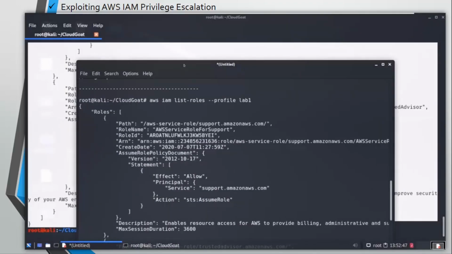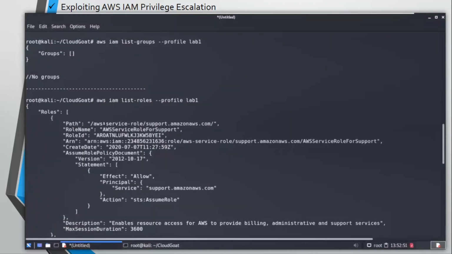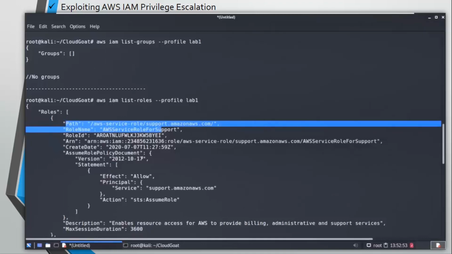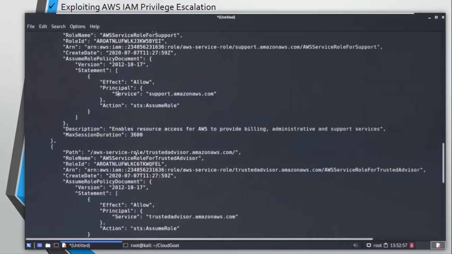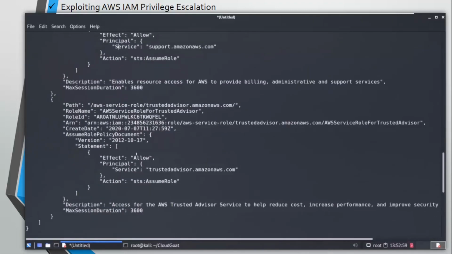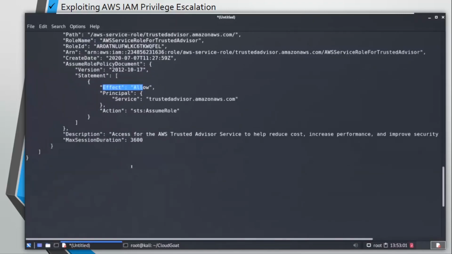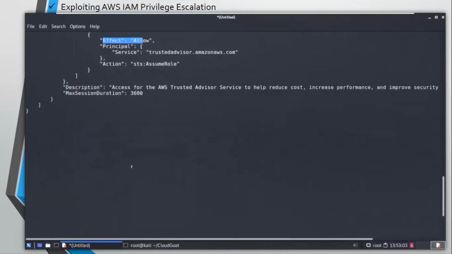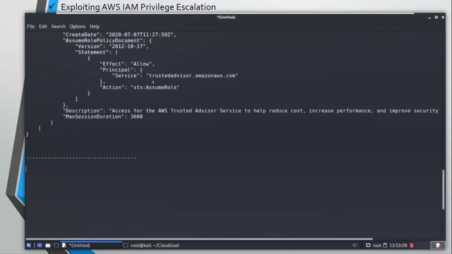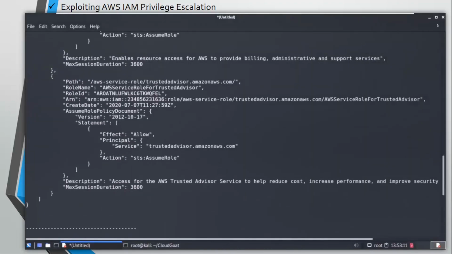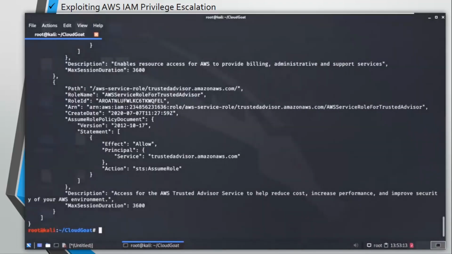Let's enumerate this. So you can see effect allow, support.amazon.com. Here it's trustedadvisor.amazonaws.com. Okay, so I find this trusted advisor role pretty interesting.